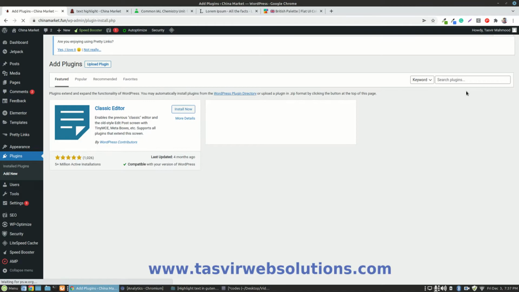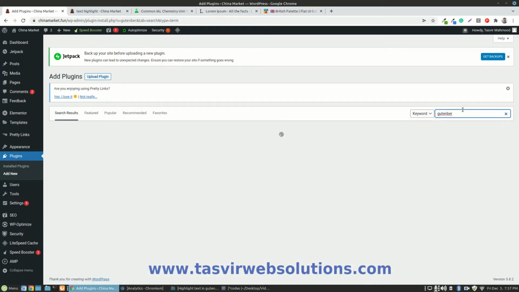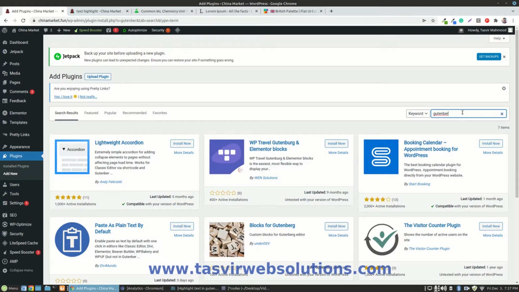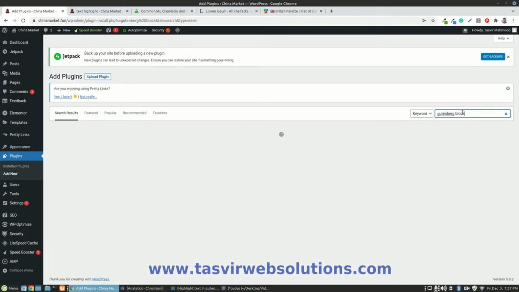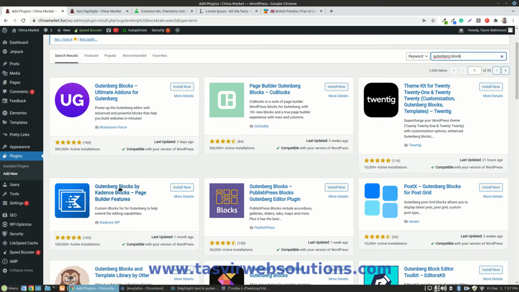So let me search for Gutenberg Blocks. Okay, this one, Gutenberg Blocks by Cadence Blocks, page builder features.